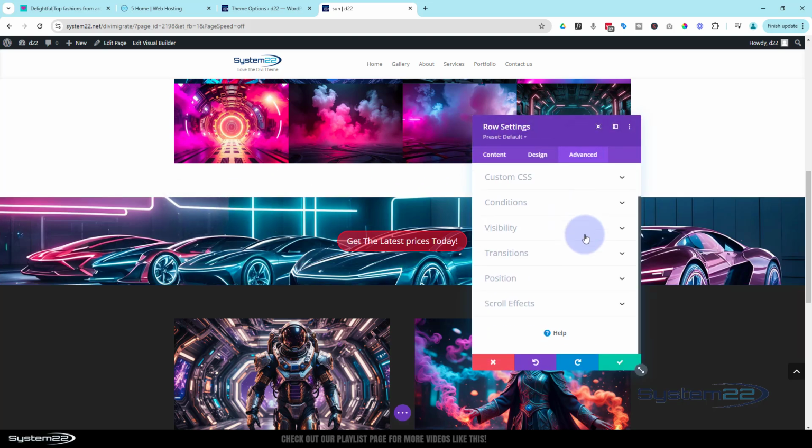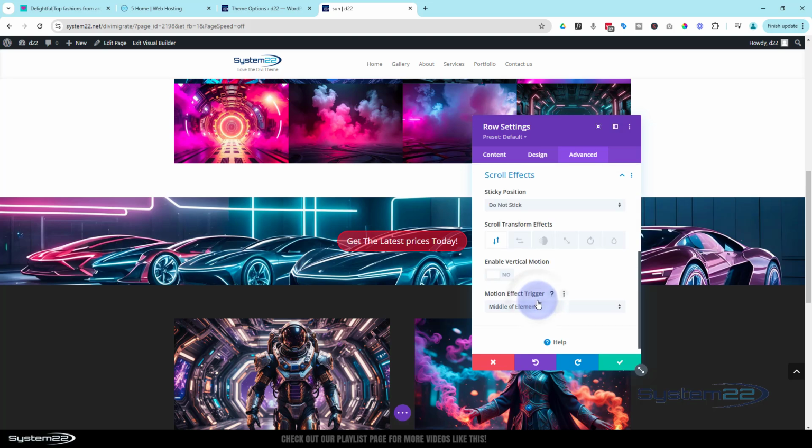We roll down. We've got scroll effects down here. And we've got several to choose from. We've got vertical motion, horizontal motion, fade, which I'm going to use today, scaling up and down, making bigger and smaller, rotating, and blurring. And you can combine several of these. I'm going to keep it very simple today by just using the fade. So I'm going to left click on the fade, hit the little switch from no to yes to enable